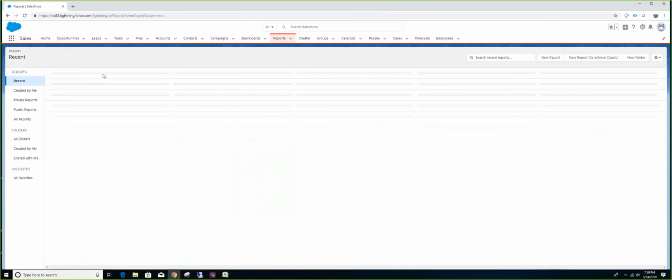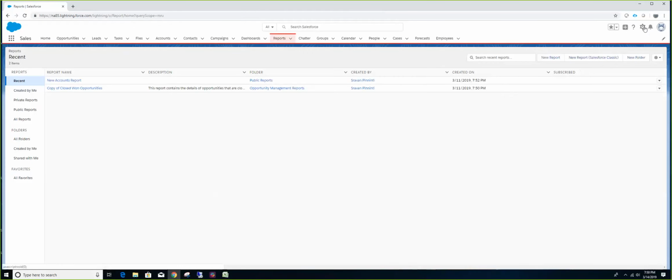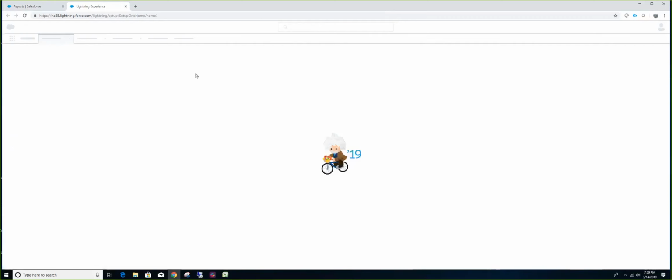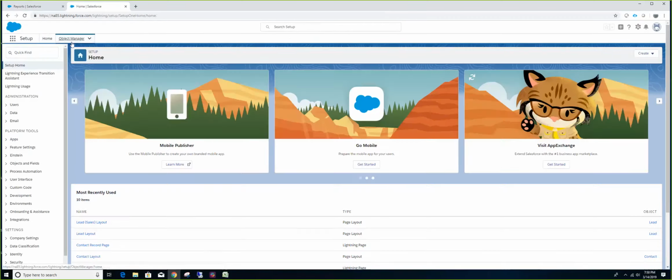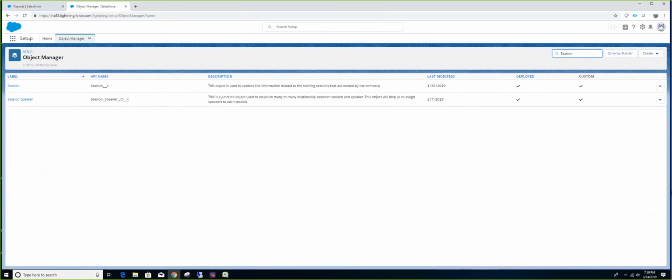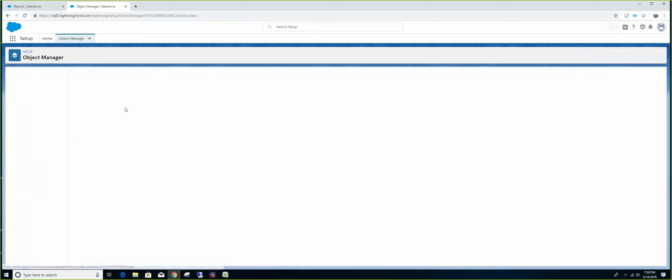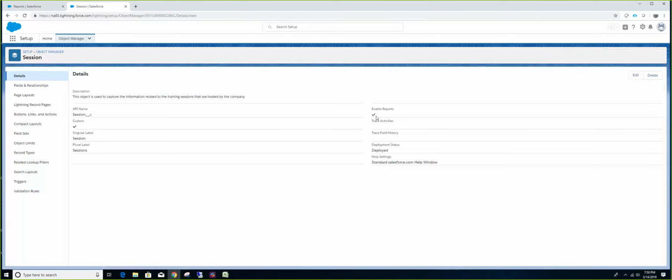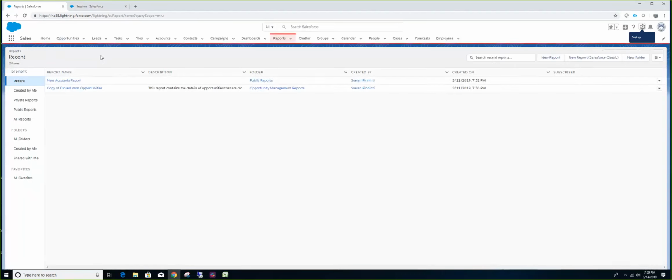Because when you create an object, you see the Enable Reports checkbox. The moment you enable the Enable Reports checkbox, you will automatically be able to add reports here.